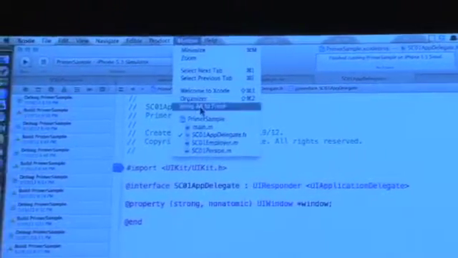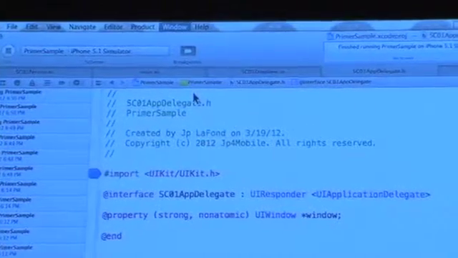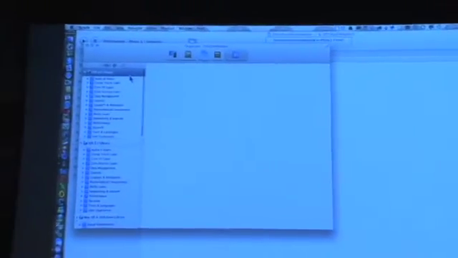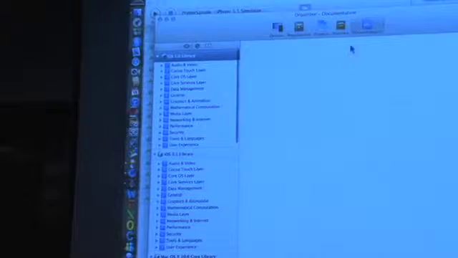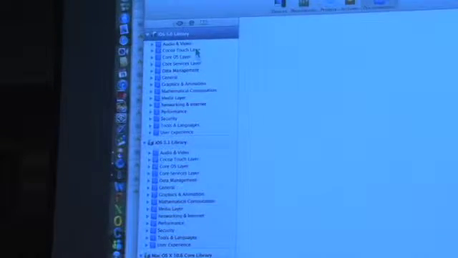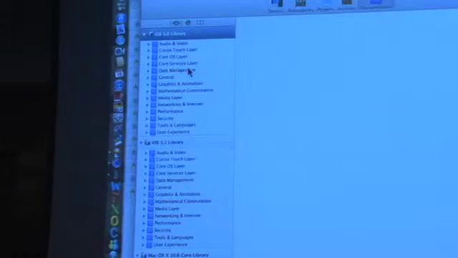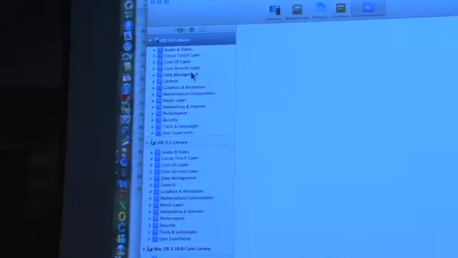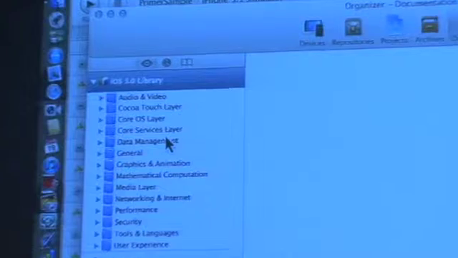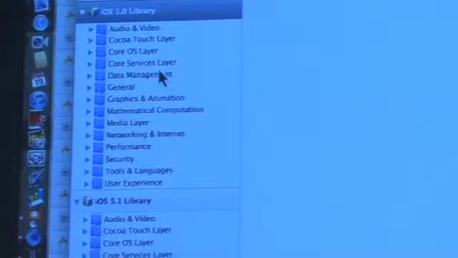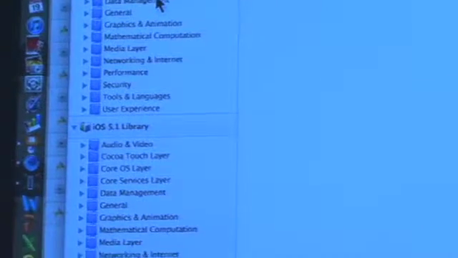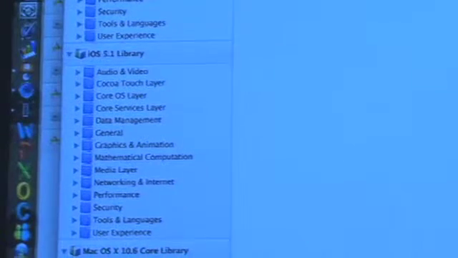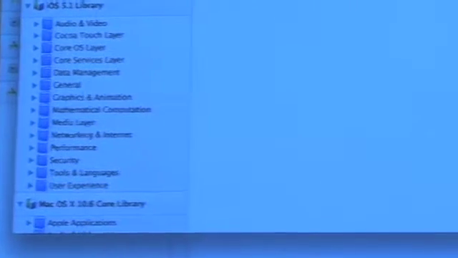And let's actually click on the correct thing. And under Organizer, you've got all your documentation, which you can search through or walk through some of the samples from Apple. Apple gives, as David said, a wealth of documentation and examples, which really does make life a lot easier when you're trying to learn everything from how to set up a table view to